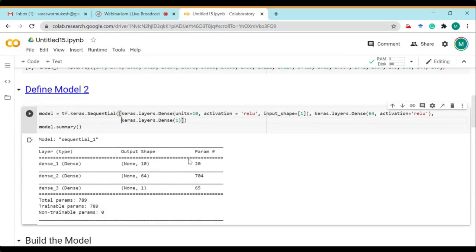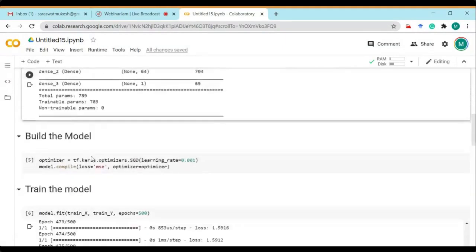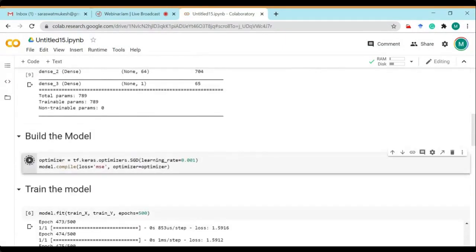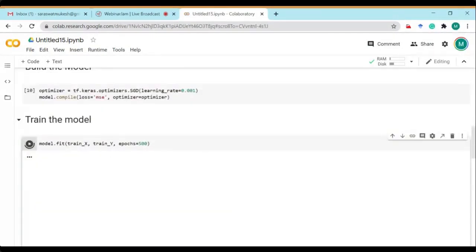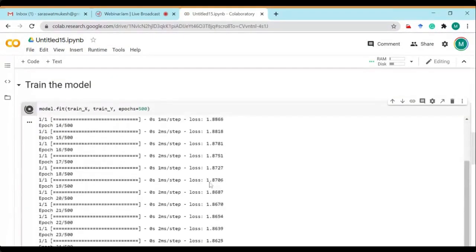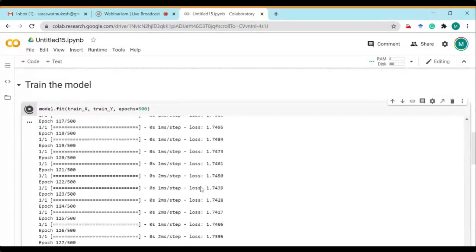These are the number of parameters, that means the total number of connections, which represents the total number of weights that we are going to train. Once we have increased the number of layers, we can optimize these layers. Then we have to train the model, and you can see we are now training it.